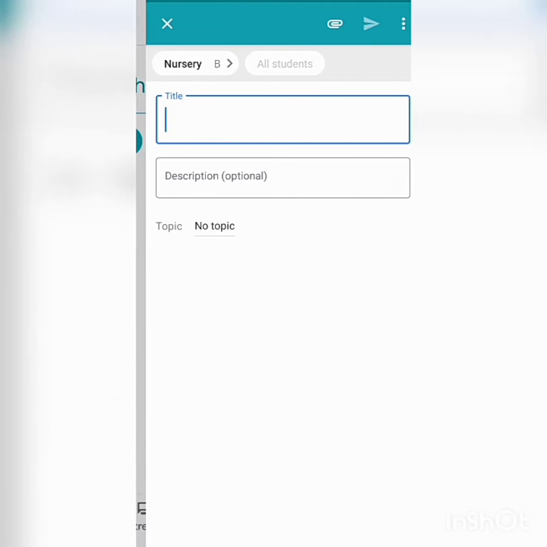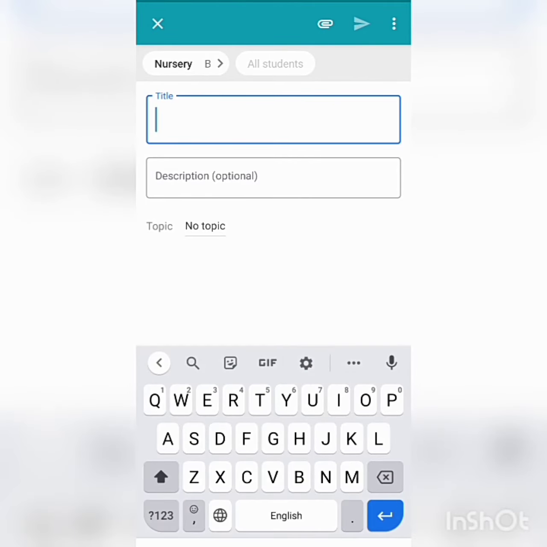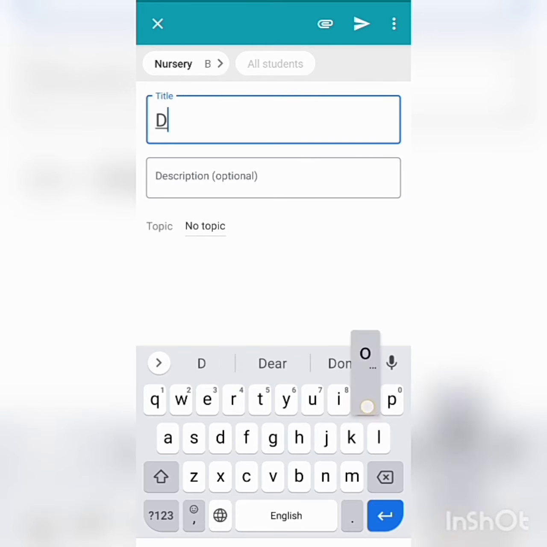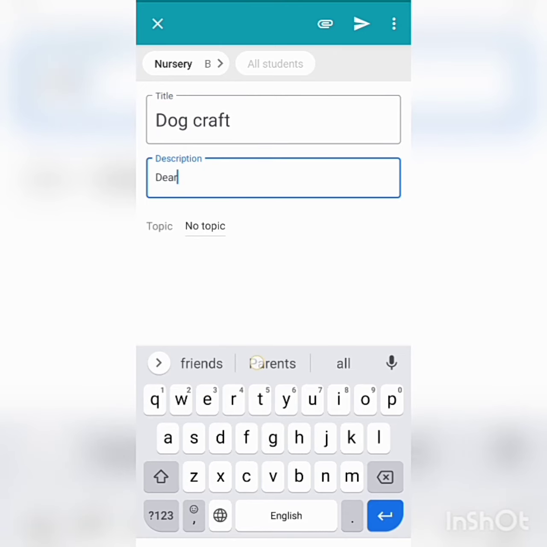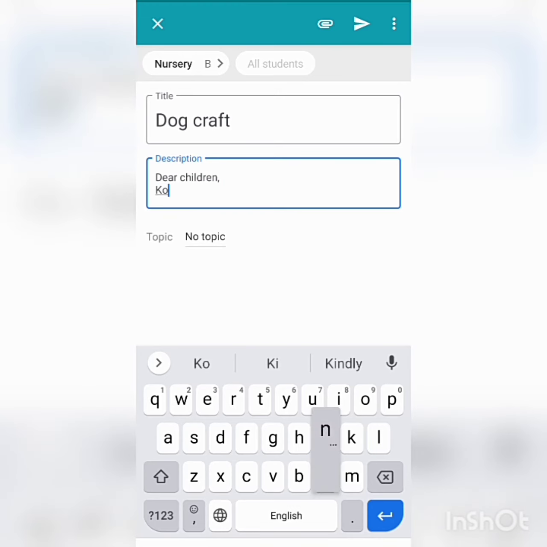Next is material. So I'm going to do a dog craft with my children. I'm going to write dog craft in the description. I'm going to write my instruction: kindly use your favorite color, origami.